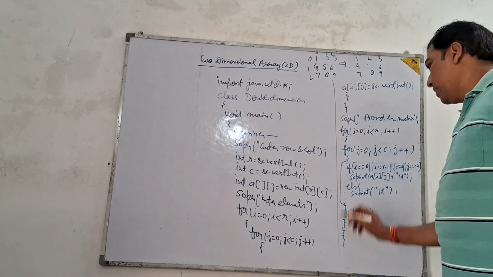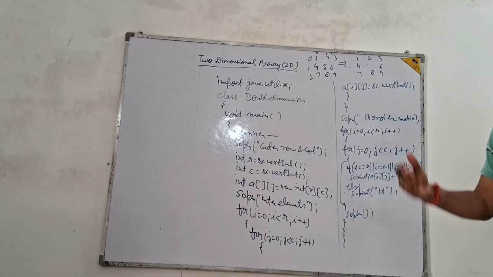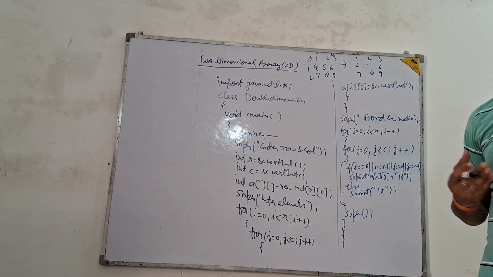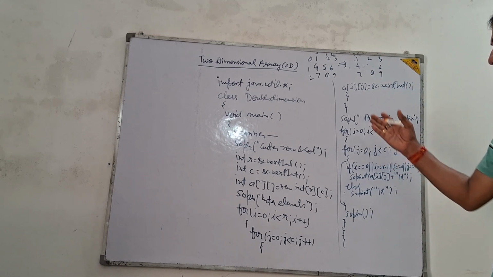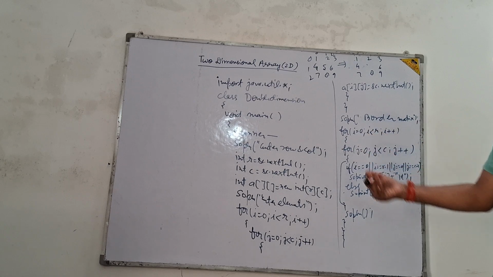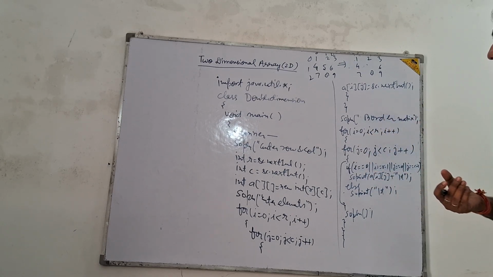outer for, main, and class. So in this way many matrix programs are possible, and most of the matrix logic is based on the index concept. Input is the same, only some changes you can make in this loop according to the index. So I hope